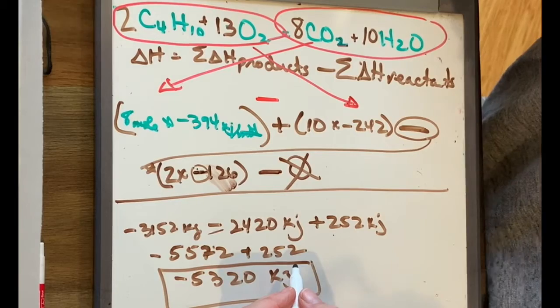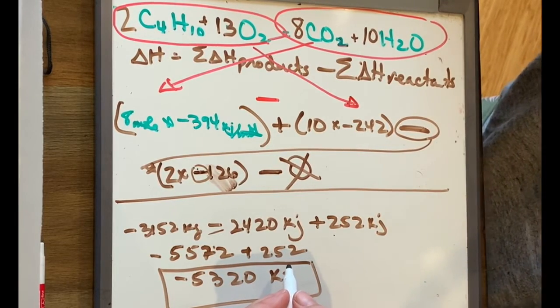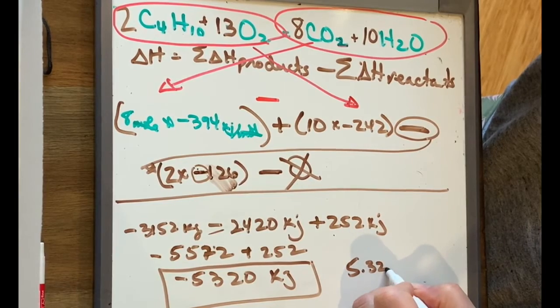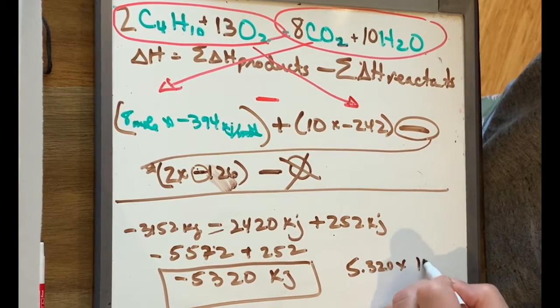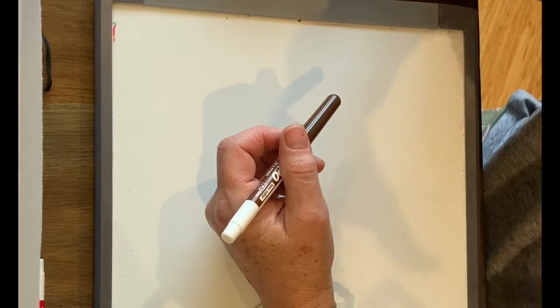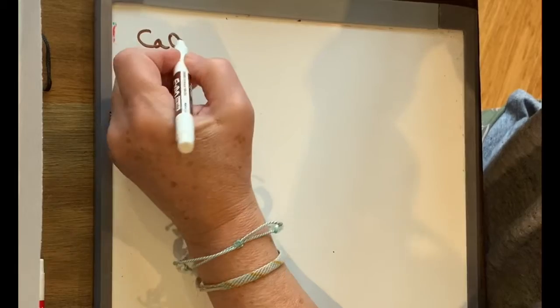And they said 5.320, I think, times 10 to the third kilojoules. Okay, to make seashells that house and protect them, many shellfish take solid lime, so we're taking CaO from the